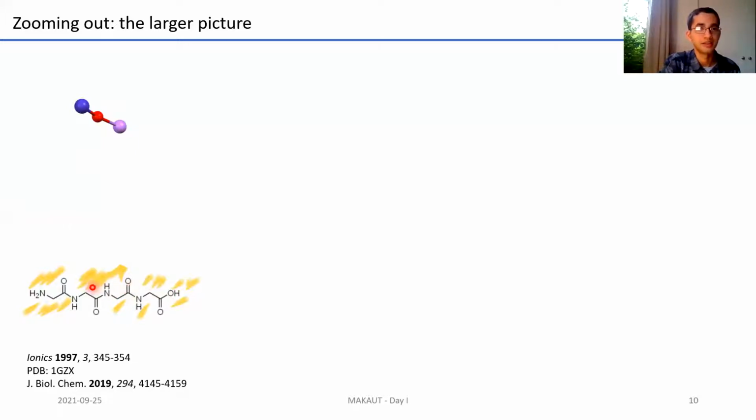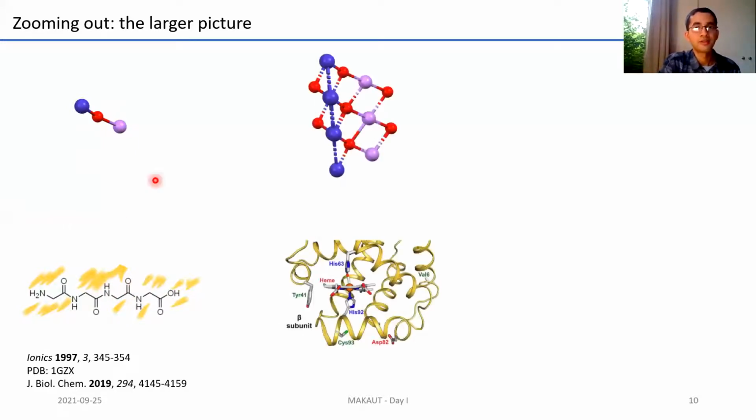This is a peptide. At the next level, you have what is known as a unit cell in crystallography, for those of you who are doing crystallography courses. So this is lithium, cobalt, oxygen bound together in a systematic way, giving rise to a well-defined unit in crystallography. The equivalent in the bio perspective is a peptide chain holding in a particular way, giving rise to what is known as a secondary structure in a protein.